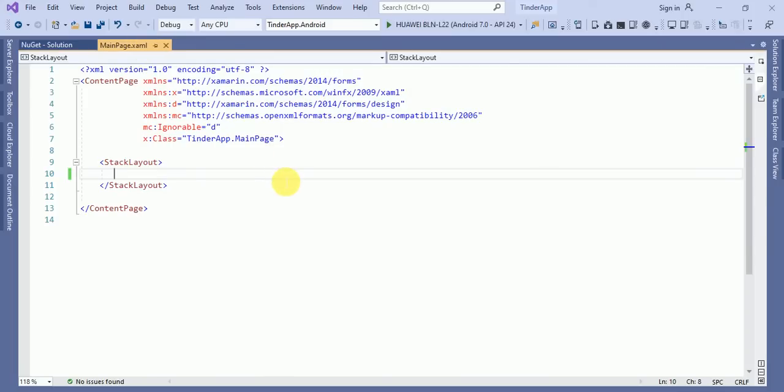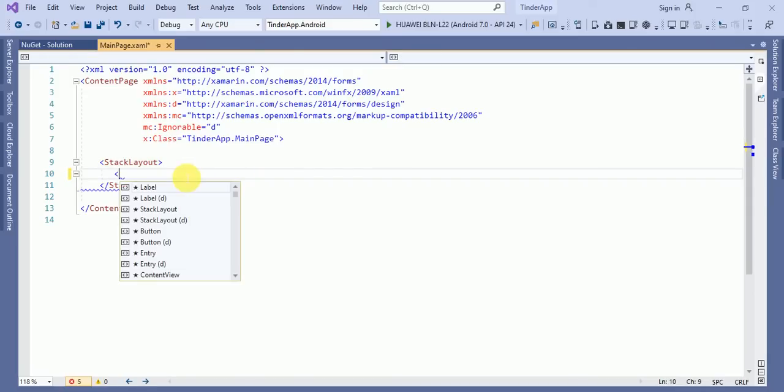Now let's move to MainPage.xaml. Here I will add SwipeCardView.